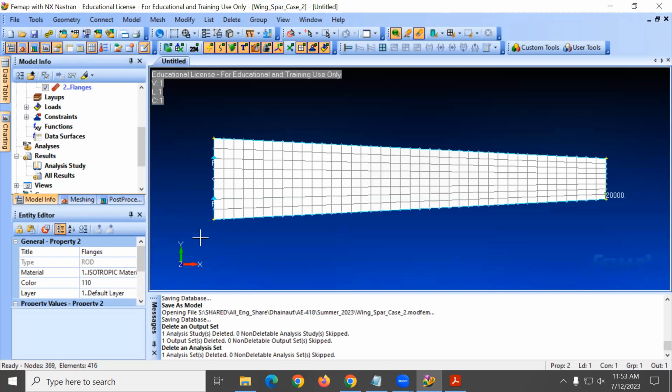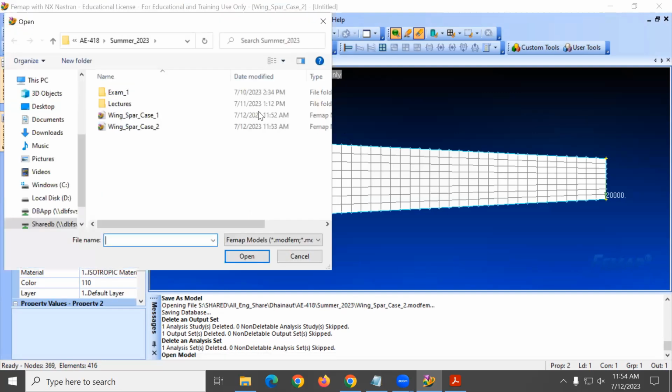Okay, so over here, what we're going to do is replace. Now we do case 2. So case 2, we still have the flanges represented by the rods. But now, what is the difference between case 1 and case 2? In case 2 now, the skin should be effective in resisting bending. Okay, so shear panels are not good for resisting bending. Or maybe let me open the other one. Maybe I should have done something